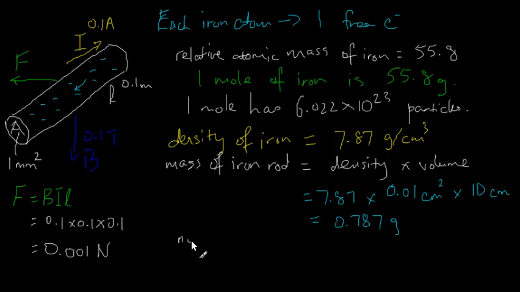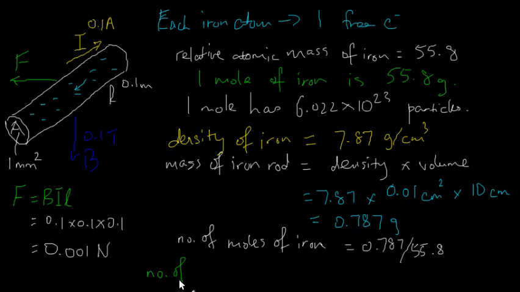First, I find the number of moles of iron in the rod, which would be its mass divided by its molar mass, the mass for 1 mole, 55.8. And then after that, to find the number of atoms,